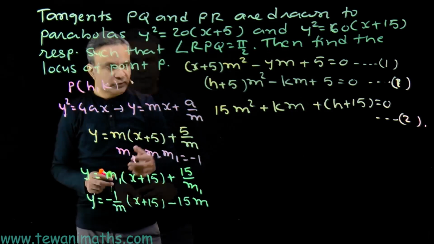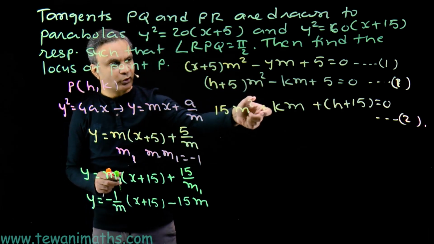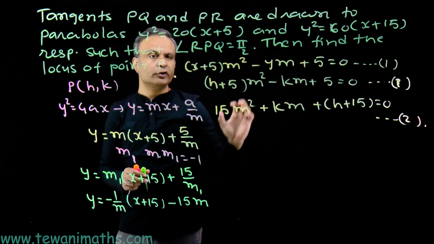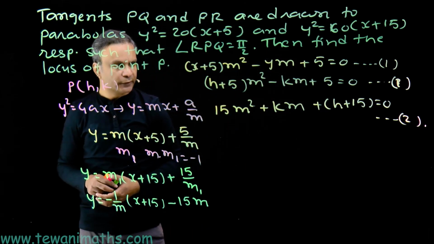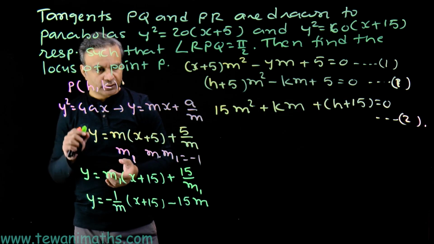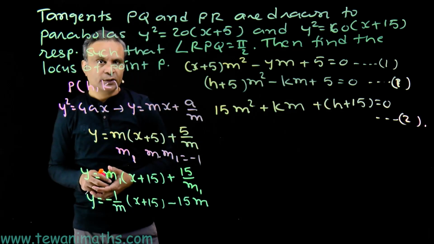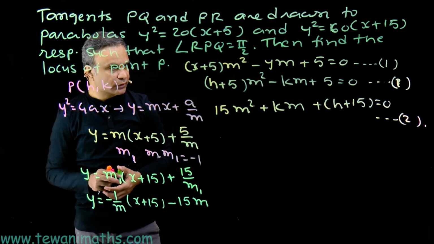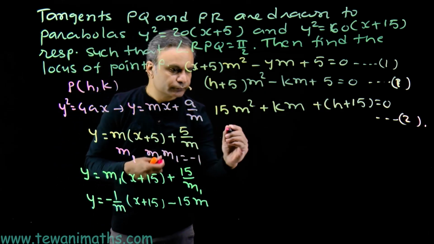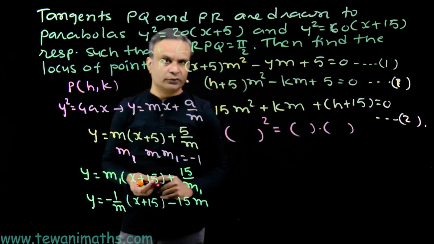Now for the equation of locus, we have to get a relation between h and k. Here we have two equations in h and k involving variable m. We have two quadratic equations in variable m. So what do we do? We will eliminate variable m. We have done this in the theory of equations, in the concept of one common root between two quadratics. To eliminate m, we use the cross product method, that is, the square of the bigger cross is equal to the product of two smaller crosses.